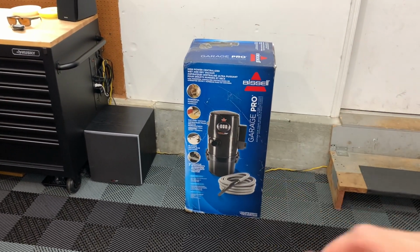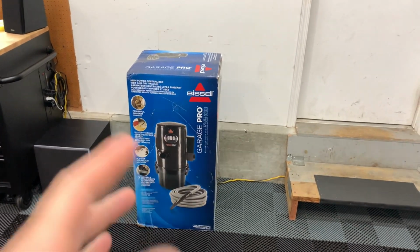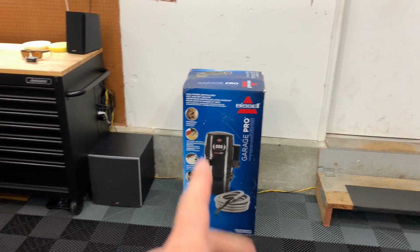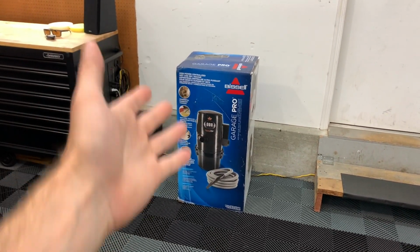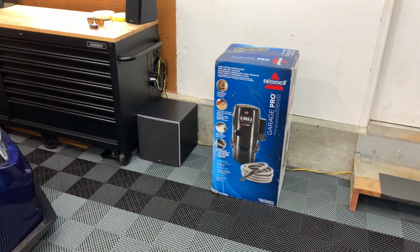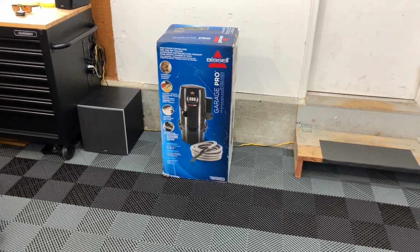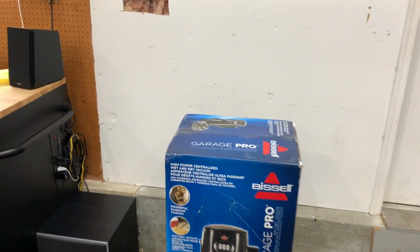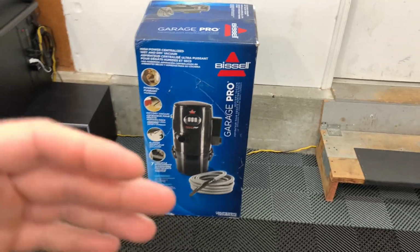I got this one. This was around $220, which was pretty reasonable. I saw the price a little bit lower, actually under $200, probably about a week before I bought it. So I didn't jump on it. I wasn't really thinking that the price was going to change, but sure enough, it went up to about $220 or so. But the nice part about it, it's both wet and dry,